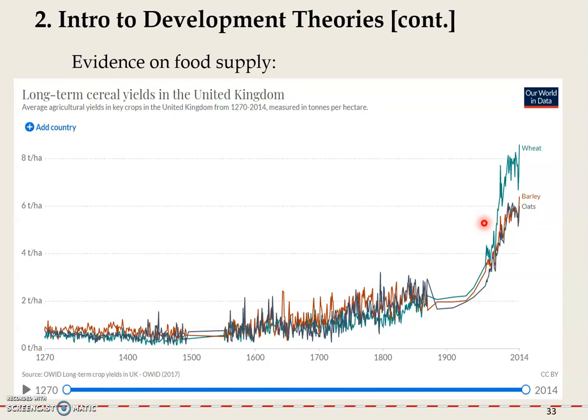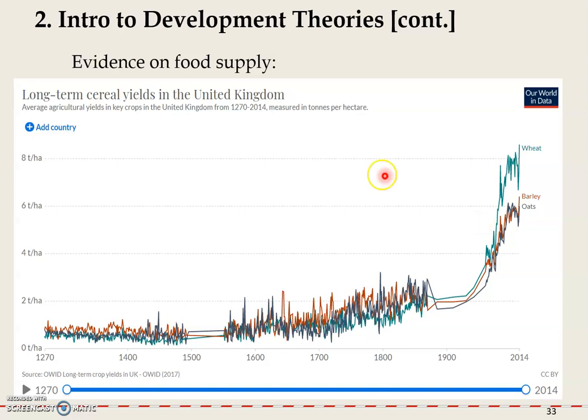Another empirical evidence we want to discuss here is the food supply. Okay, remember Malthus talks about the population growth and the food supply, and he said food supply should follow arithmetic growth. In other words, it should grow from 1 to 2 to 3 to 4, right? If we consider the law of diminishing returns, then it will be even slower than that. Okay, so every time the increase in food supply should be decreasing when we add more variable input into production, right?